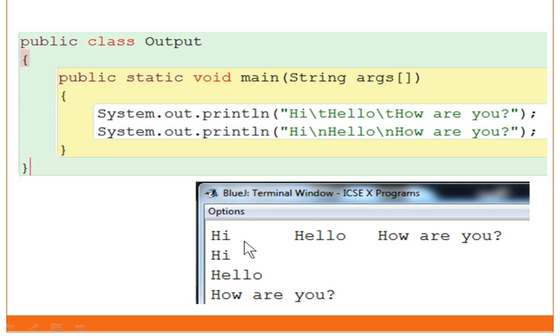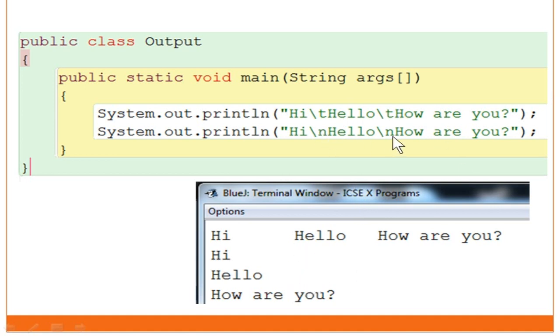After printing the first word, you got a \t, that is tab space is inserted, then the second word, and then again another \t and the third word. So we use this when a program is set to print the output in columns, say like roll number, name, marks. If they ask you to print in columns, then you have to use \t like this, so that we will be getting the output in columns.